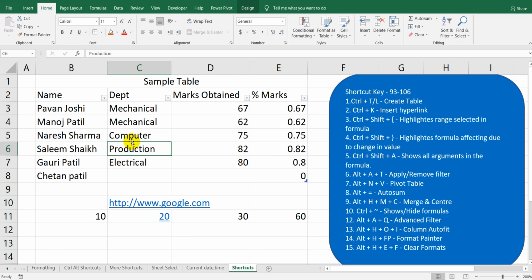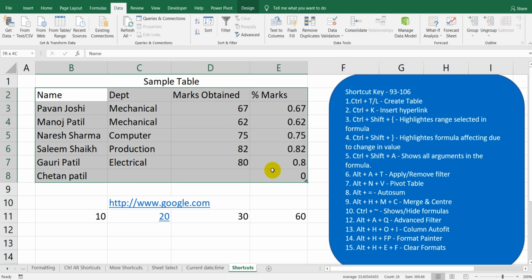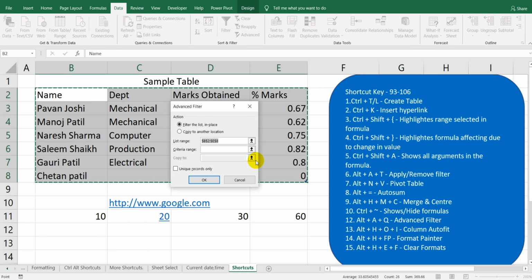If you want to apply the advanced filter, then you can apply it with the help of Alt A Q. First I will remove this with the Alt A T, and now we will apply the advanced filter, Alt A Q. So you can see it is the advanced filter.